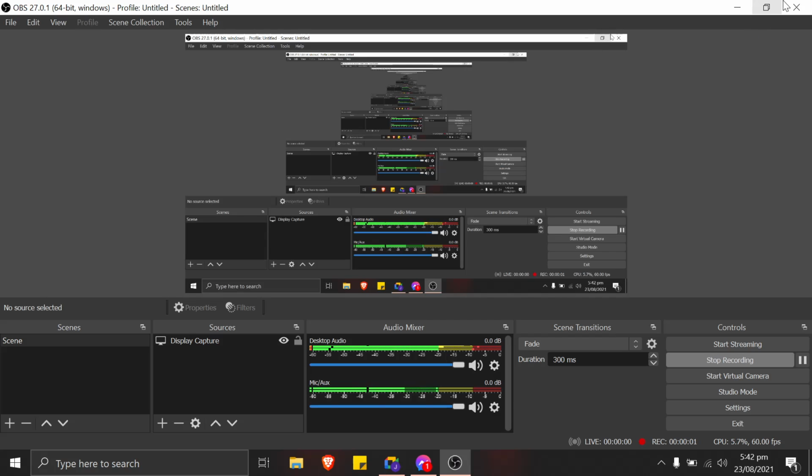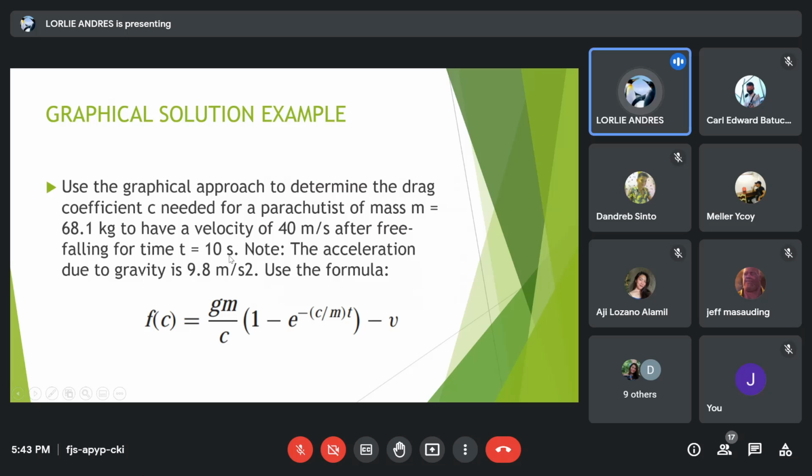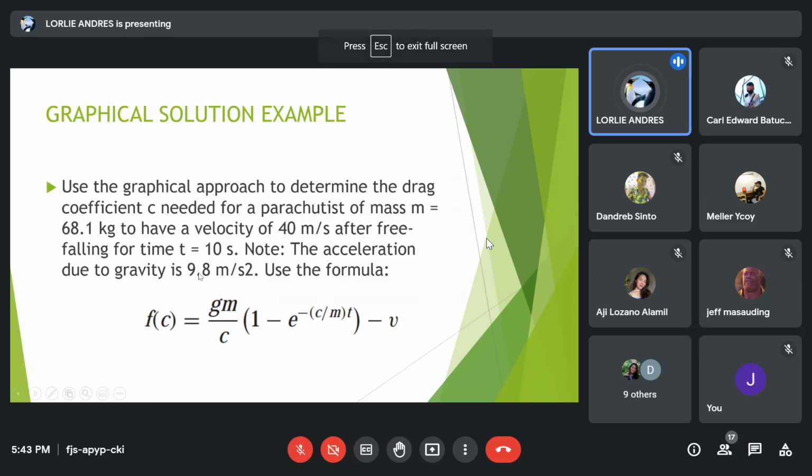is the time, and then your v is the velocity. Looking at your problem, you have the 40 as your velocity, and then your time is equal to 10 seconds, and then the 9.8 is equivalent to the gravity, and then the mass rather is the m. The 68.1 is your mass. So now, what is the unknown here is the drag coefficient,